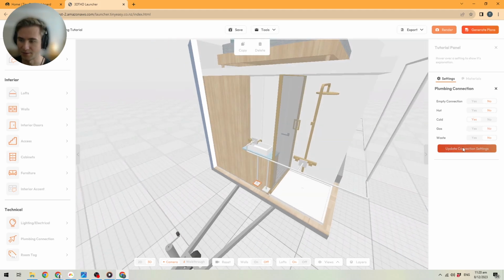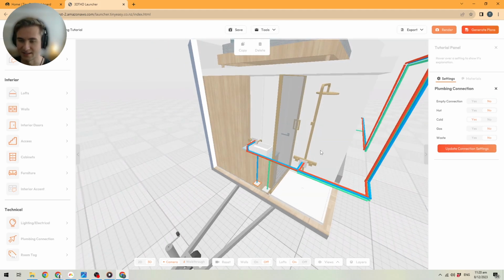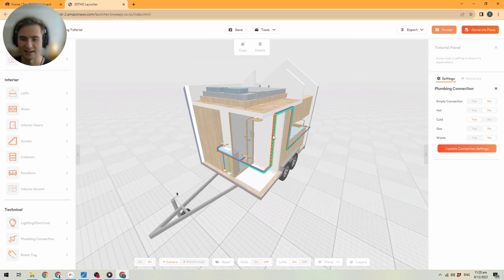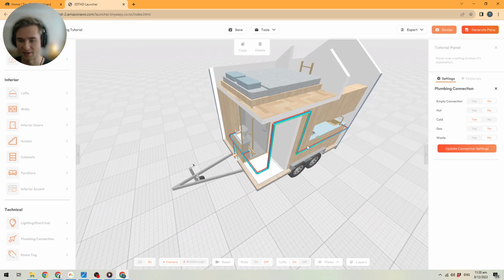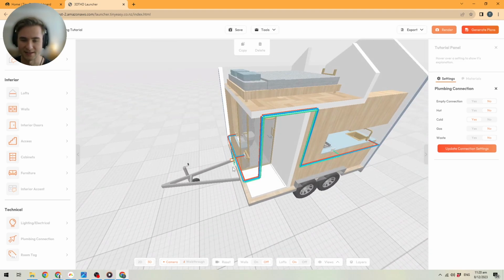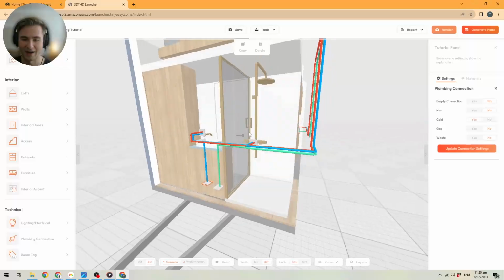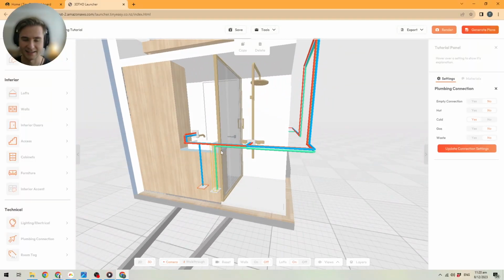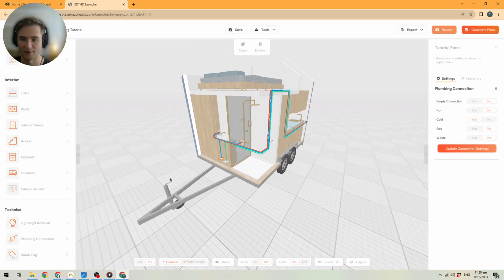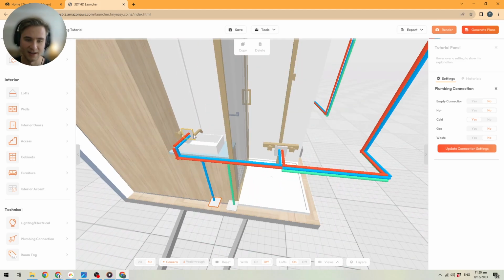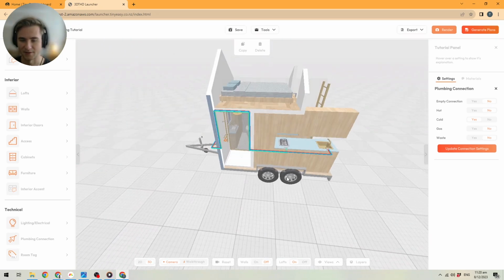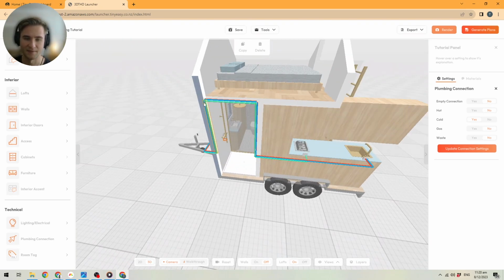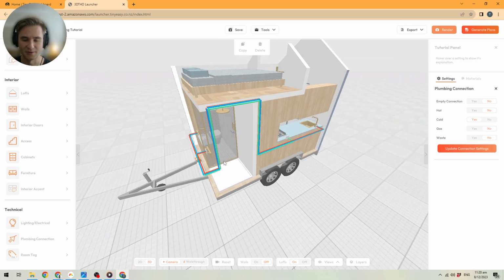All right, and now what we'll do, we'll update our connection settings, and now what it does is it actually draws a full plumbing layout based on the connections that you've placed, and it automatically places the paths of the different colors to the required connections. So this one here only has hot and cold, so it will connect my hot and cold connections, and all the gas connections are together as well. So yeah, that way it just uses the pipes that you've drawn kind of as a conduit to